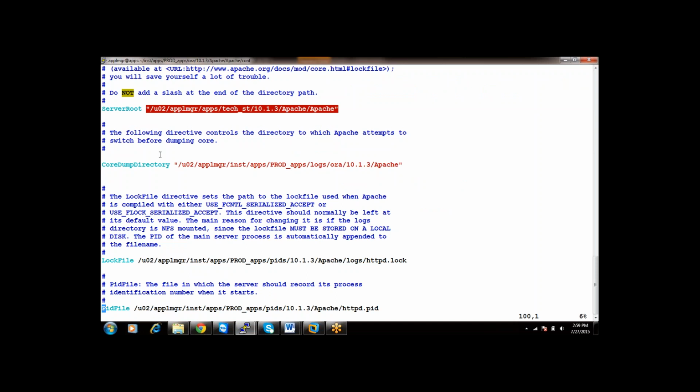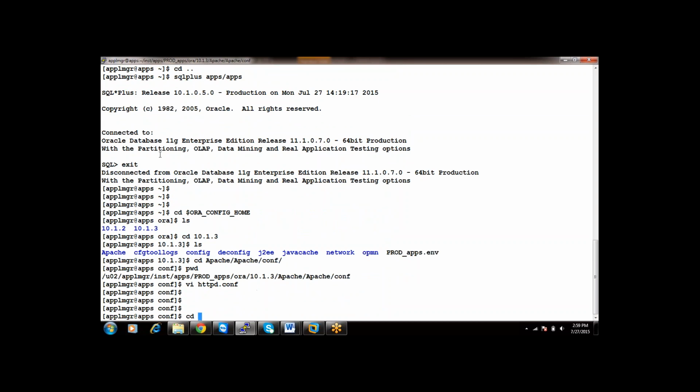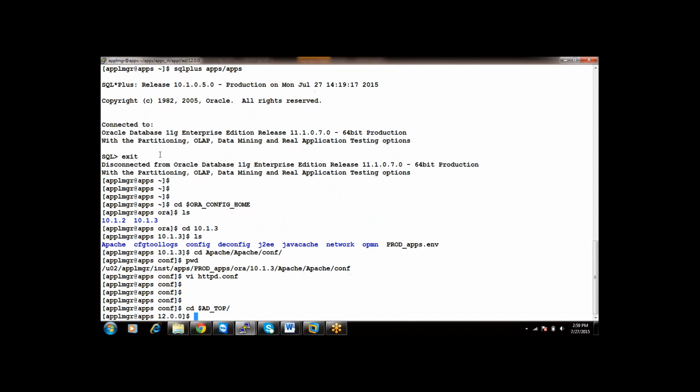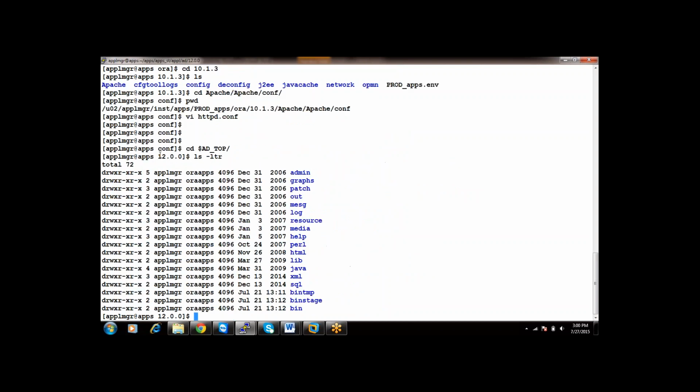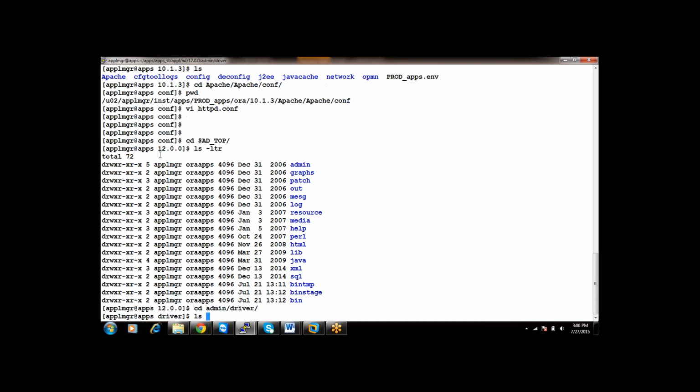If you go to the template file, edit top admin driver.